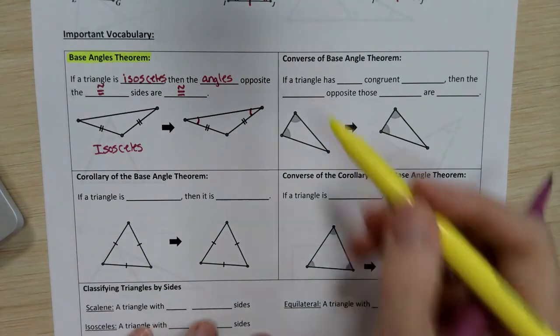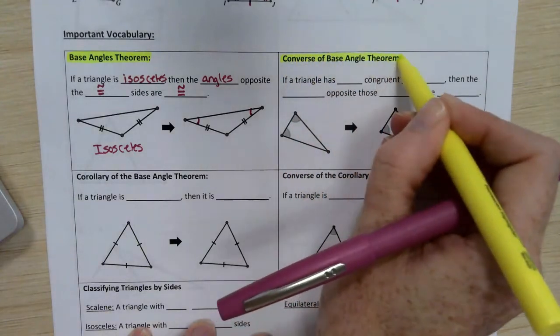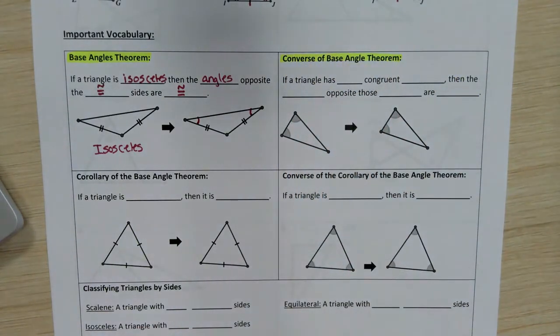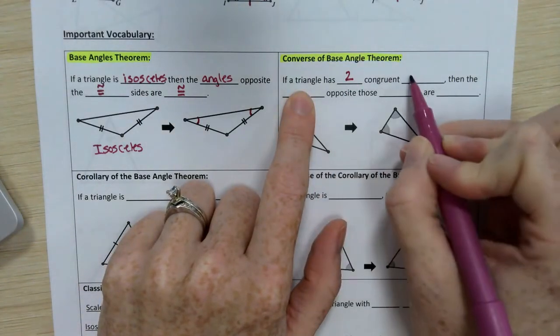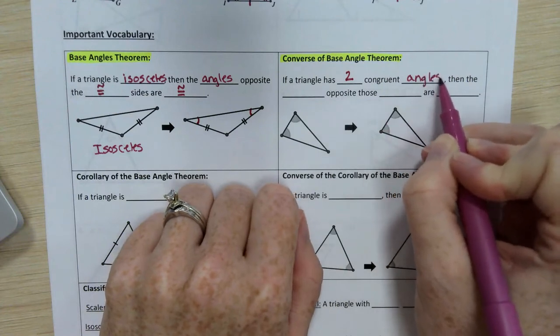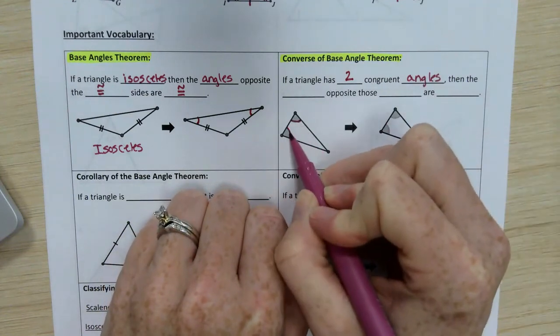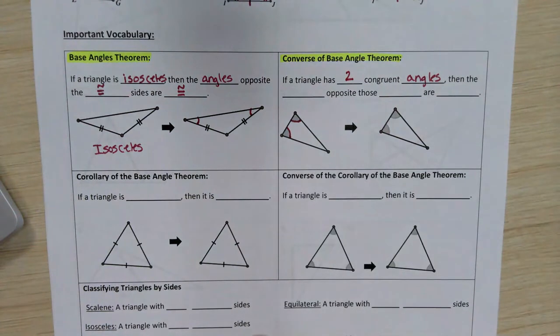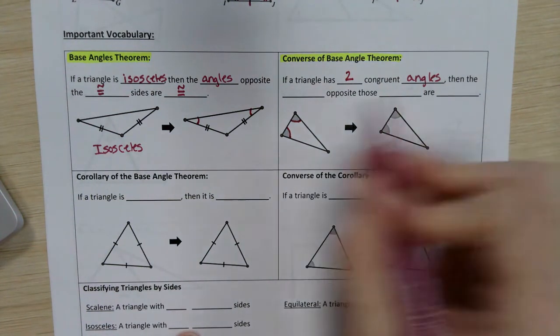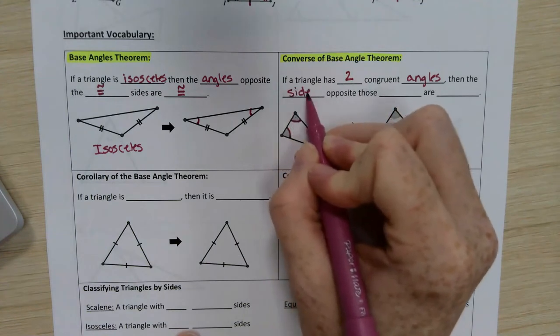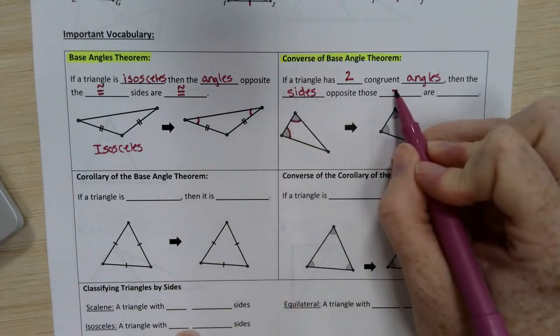The next idea is called the converse of the base angles theorem, which just means that we flip the two parts of that sentence. So we're going to start with a triangle that has two congruent angles. We can see that pictured right here. So we start with those angles. And then what we're able to say as a result is that the sides opposite those angles